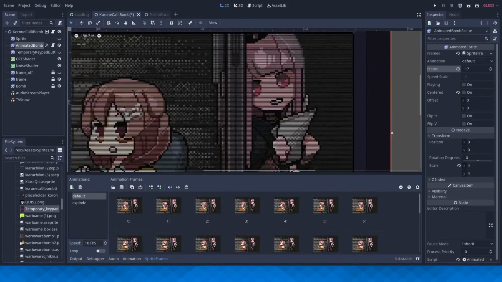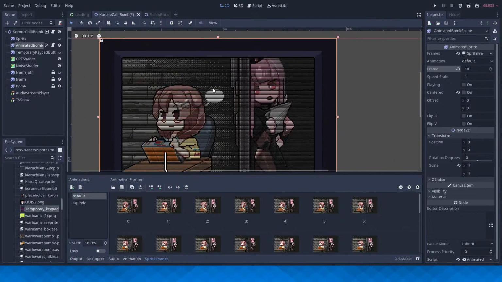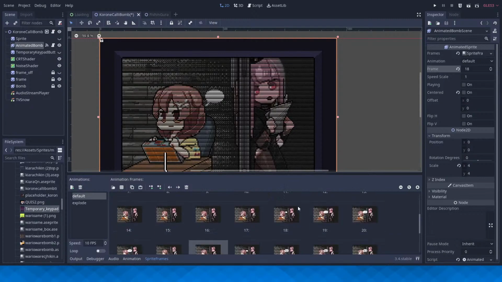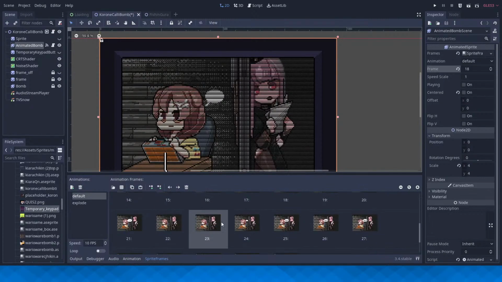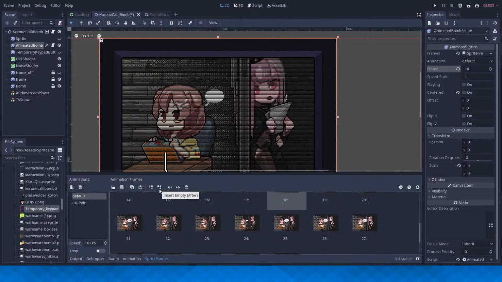So, I'm currently on frame 17, on frame 18 is the actual "I'm dying, thank you forever," and then the explosion happens. So I think I need to split this up. Need to remove frame 18 and onward from this animation and put it in another one.